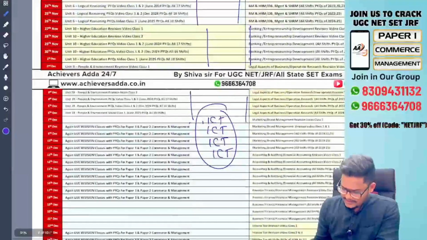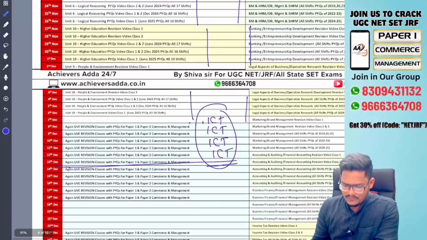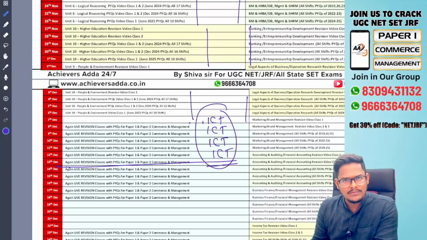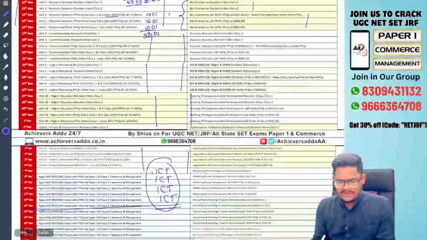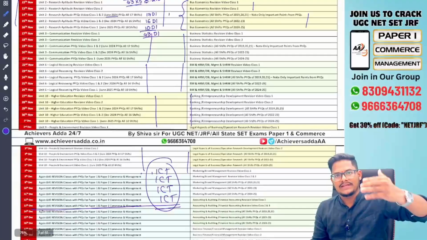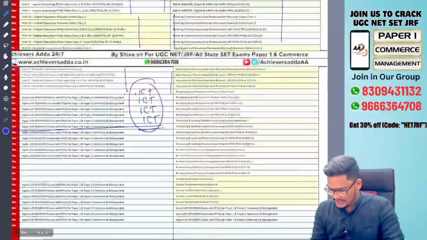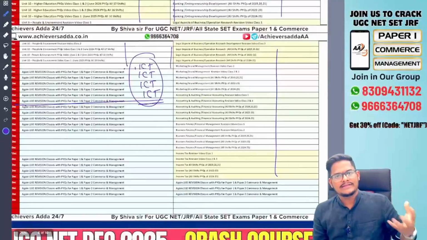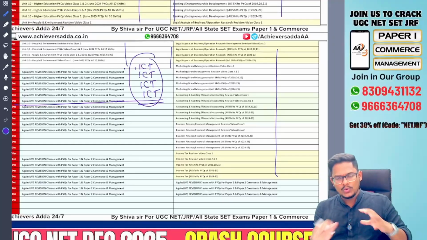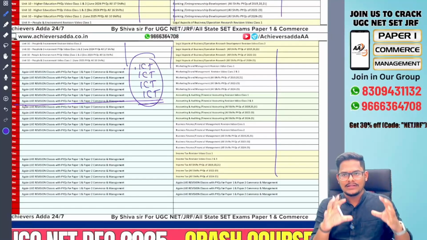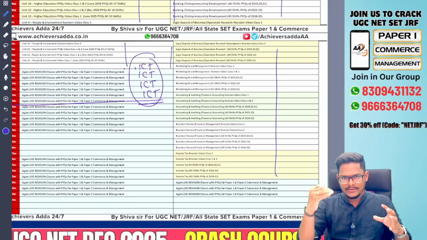Now after completing ICT, suppose by this time, by the 10th December or so, you are completing ICT. All the 7 units are completed. Daily practice of DI and maths and RC completed. Here in paper 2, you are continuously doing all the units till 20 December. Then you will be able to complete all the things, revision and the PYQ.